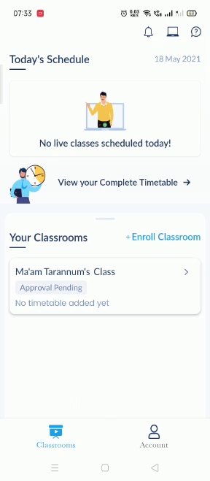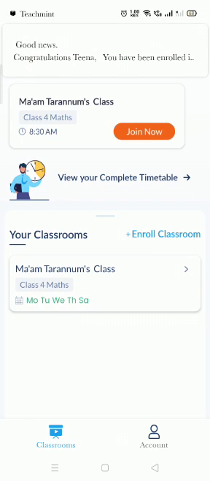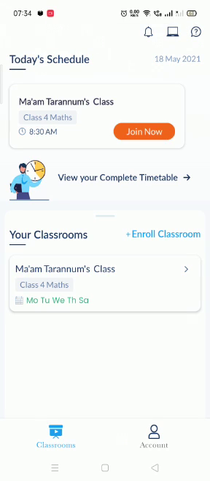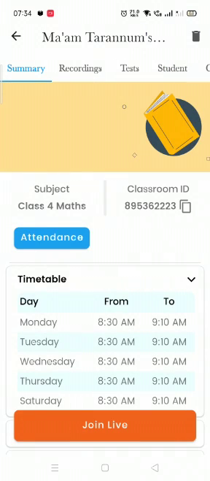Now I'm enrolling you. When your teacher enrolls you, on your wall you will see the message congratulations with your name, and then you will see your teacher's class on the wall, and the timetable is also given. You can click on the timetable and you'll get to know when her maths class is there, and at the same time you join.